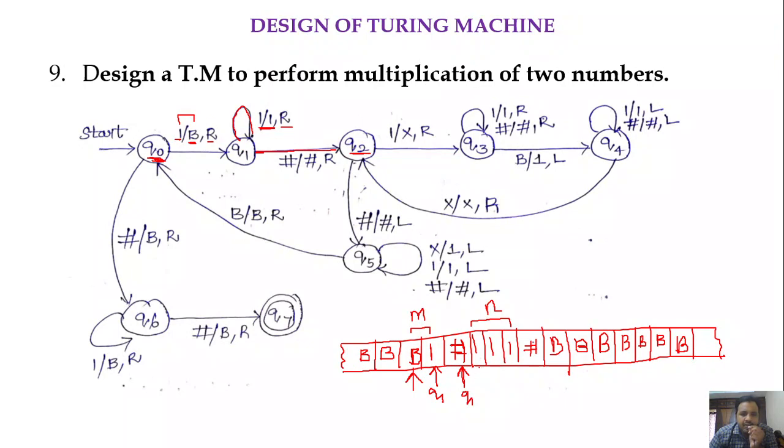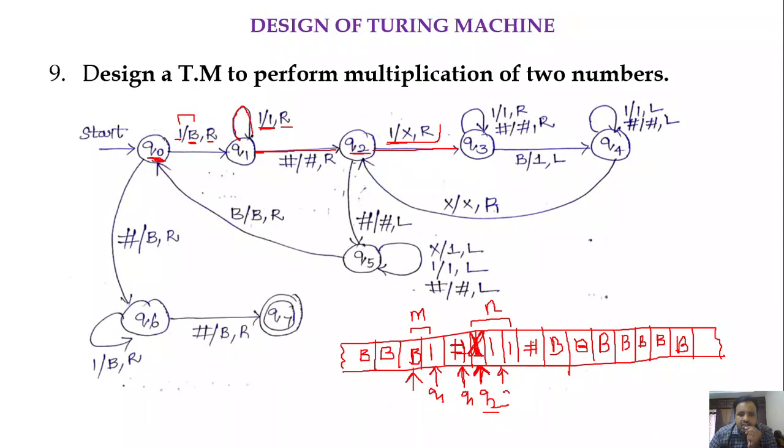Now in Q2, we are getting the 1. When we move the head towards right after the first hash, it indicates the beginning of the input N. So we are in state Q2 and we are at the first symbol of N. We got 1. So in Q2, if we get 1, we replace that 1 with an X and move the head towards right, and also move from state Q2 to Q3.